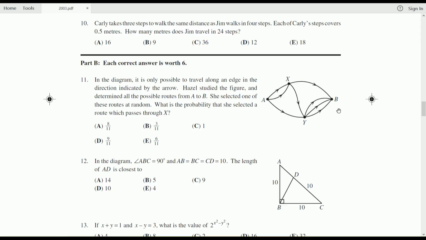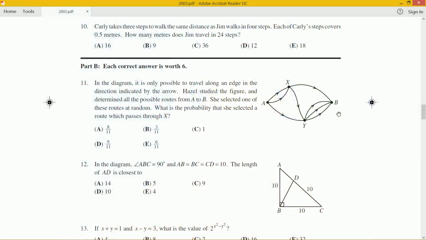But it's a probability question, and there's one great way to handle probability like this: figure out how many possible ways there are to do something, and how many possible ways that we're singling out, in this case passing through X. How many possible ways are there to pass through X and go from A to B? So we're going to figure out both of those numbers, divide the smaller one by the bigger one, and we should get one of these answers, 8/11, 6/11, something like that. Okay? So, with a diagram set up like this,